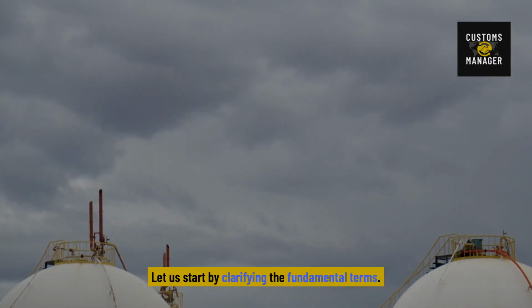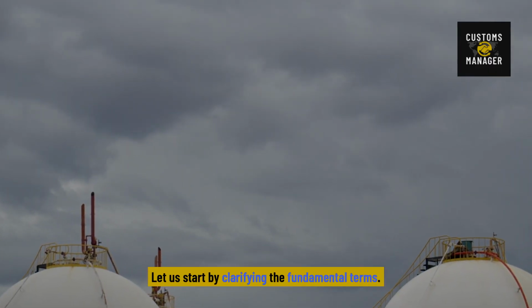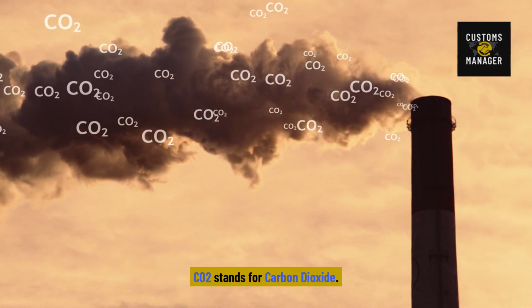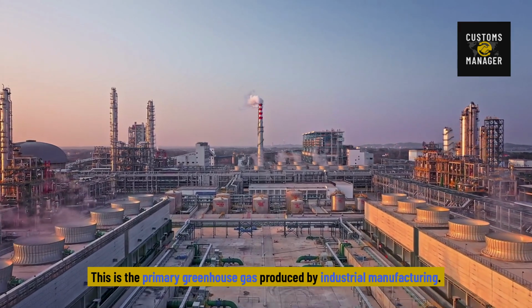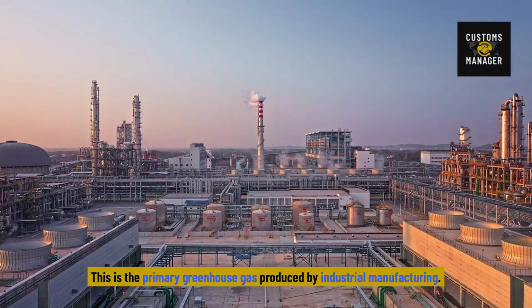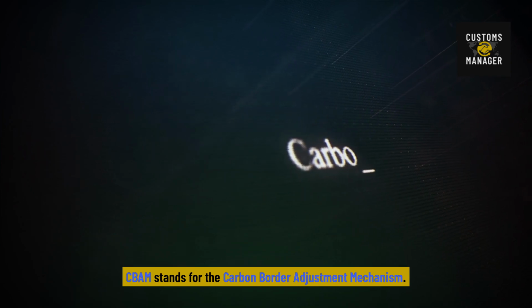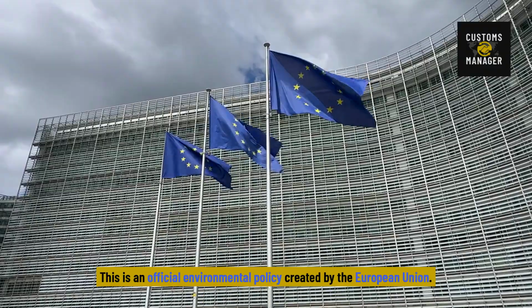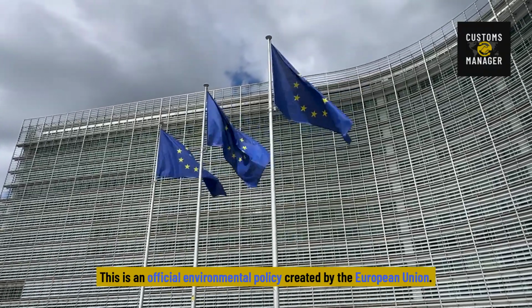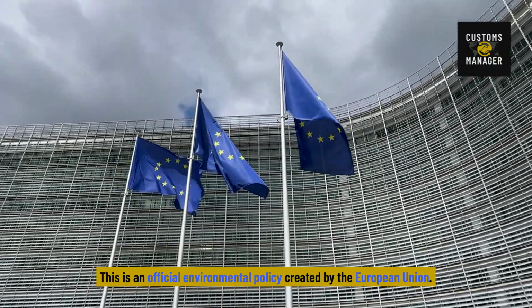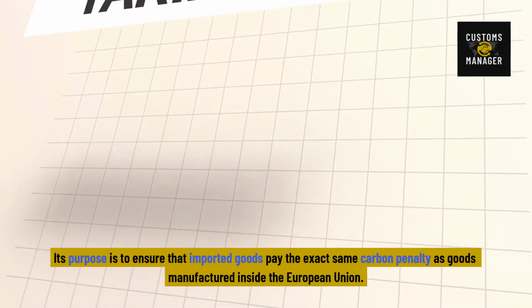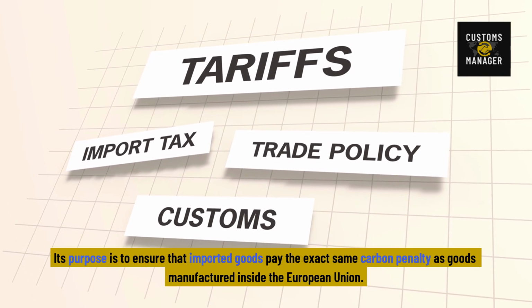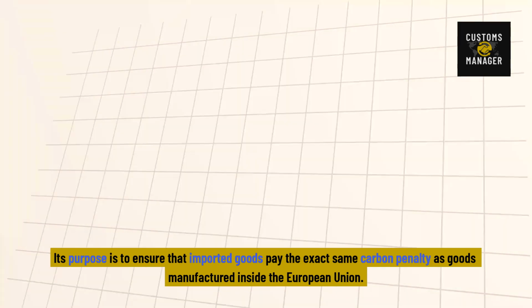Let us start by clarifying the fundamental terms. CO2 stands for carbon dioxide. This is the primary greenhouse gas produced by industrial manufacturing. CBAM stands for the Carbon Border Adjustment Mechanism. This is an official environmental policy created by the European Union. Its purpose is to ensure that imported goods pay the exact same carbon penalty as goods manufactured inside the European